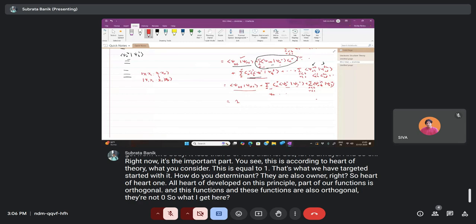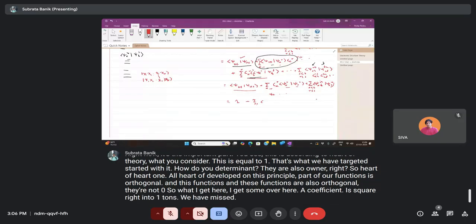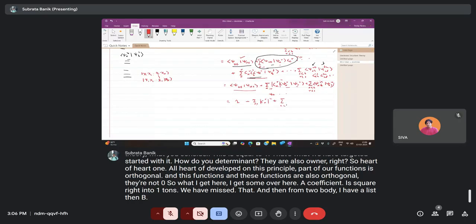So what I get here, I get sum over AR, a coefficient square, right? There will be one term we have missed, square of that. And then from two body, I have A less than B, R less than S, C ABRS square,